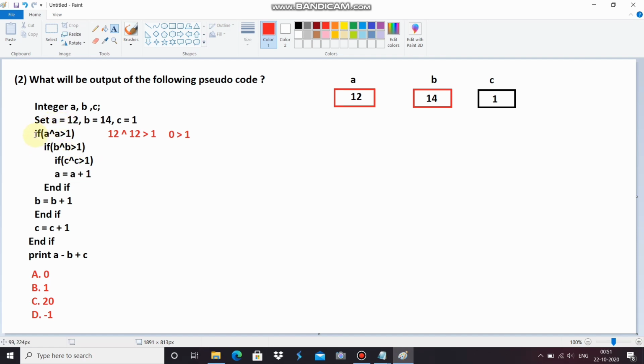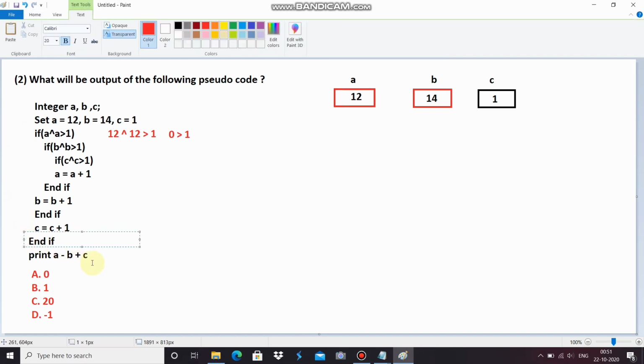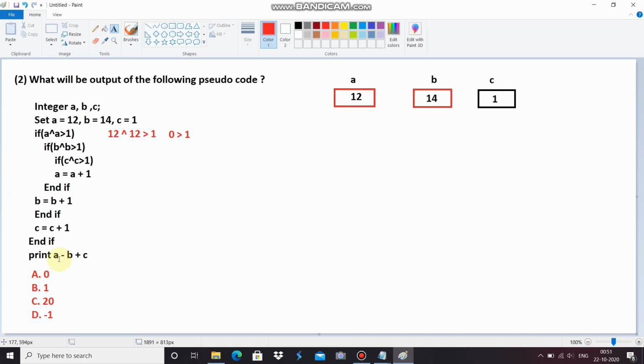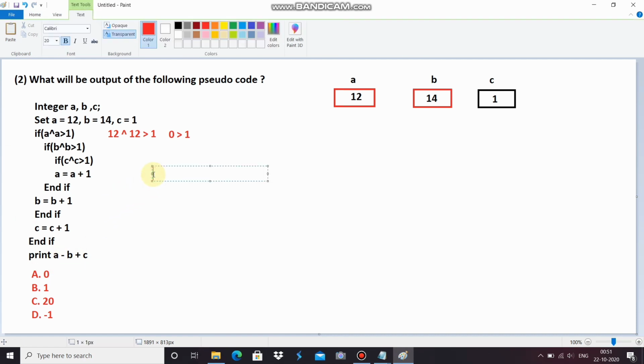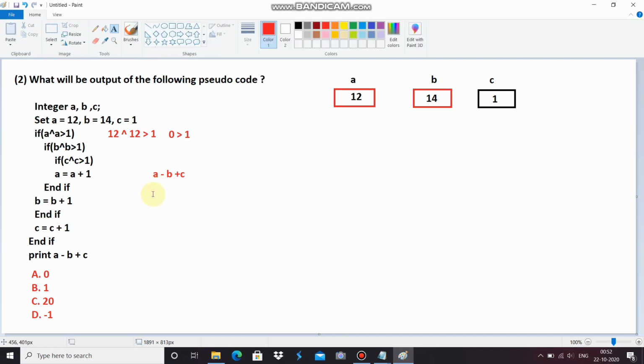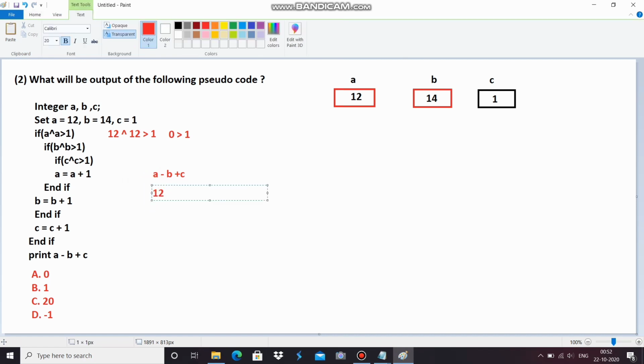Then the if condition directly jumps to the end if, and it will print the value of a minus b plus c. Here we can see a minus b plus c. The value of a is 12, minus the value of b is 14, and the value of c is 1.